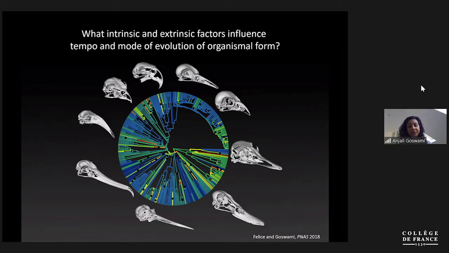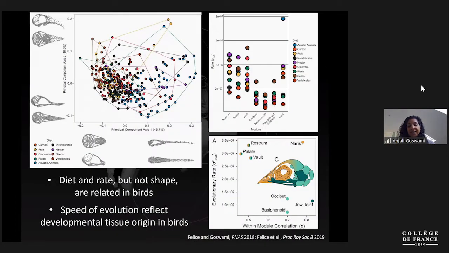And what we do when we can do that is start to try and understand the factors that are really shaping why certain species and certain parts of the skull evolve fast or slow. So some of the interesting results that we were able to come up with in our bird study in particular, to start with, was that diet, so what a bird eats, actually doesn't have a very clear relationship to what its